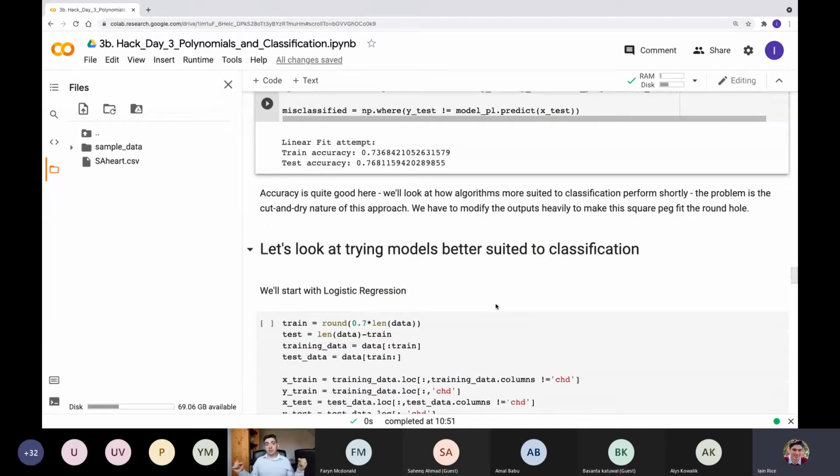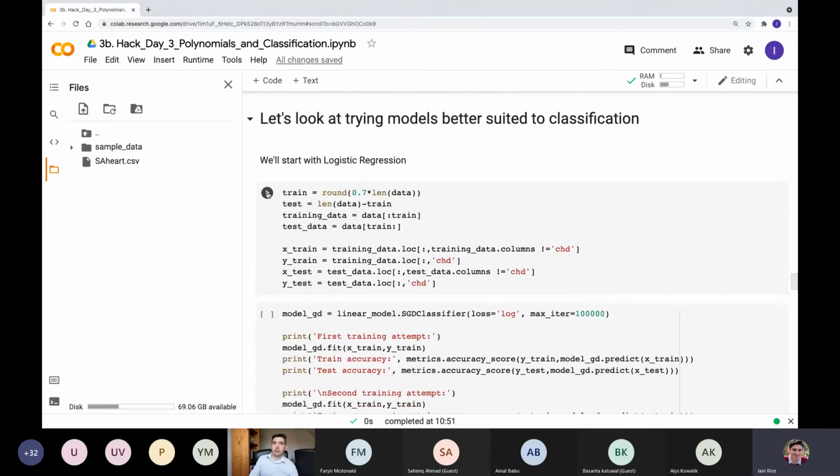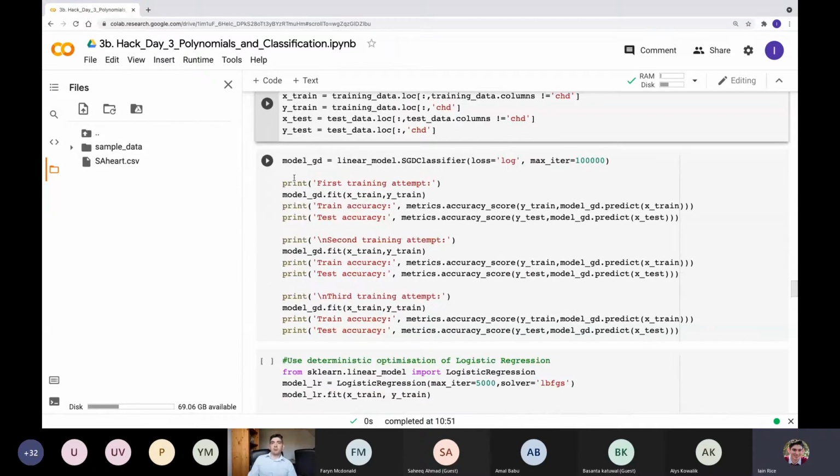So what we actually need to do is use classification algorithms for classification, models designed specifically for that job. So we're going to start with logistic regression. This is the model that I introduced. We're going to, again, make sure we've got our train and test data all split out properly. And remember when we ran the logistic regression algorithm yesterday, we got different results depending on who was running it, and what time. If you ran it over and over,